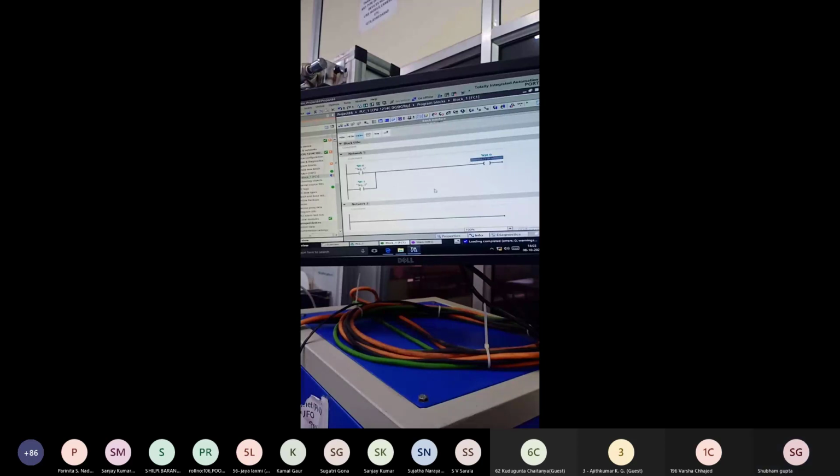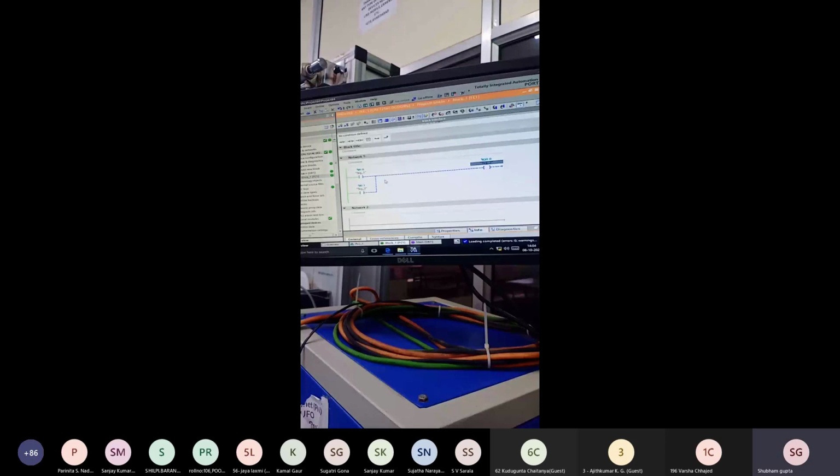Download it and check the output. When we press any one of the switches, output gets on: either switch 1, either switch 2, or both switches. Only when both switches are off does our output get off.